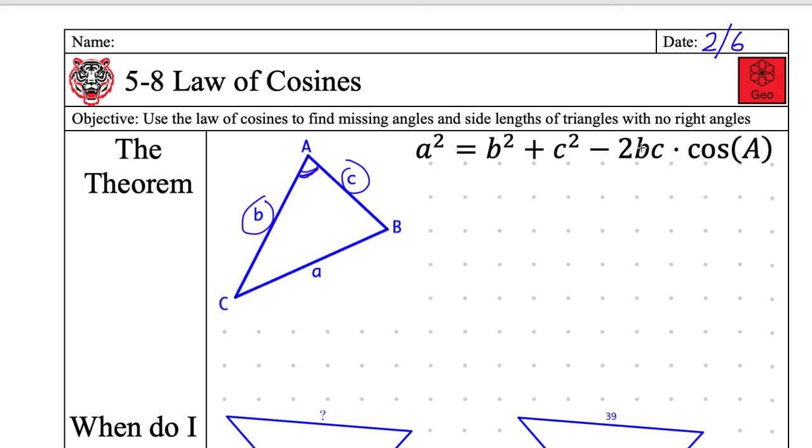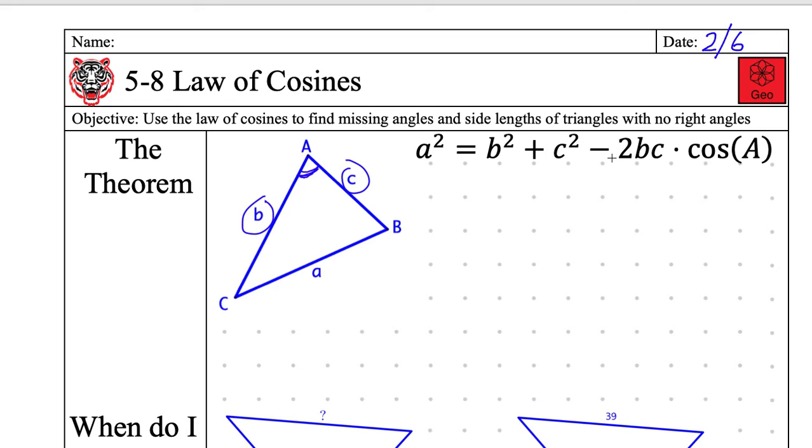All right, so the other kind of cool thing to point out is this. What happens if A is a 90-degree angle? You guys don't know this yet, but cosine of 90 is 0. That means 0 times 2bc is 0, which means I'm now left with, get rid of all of this, I'm left with